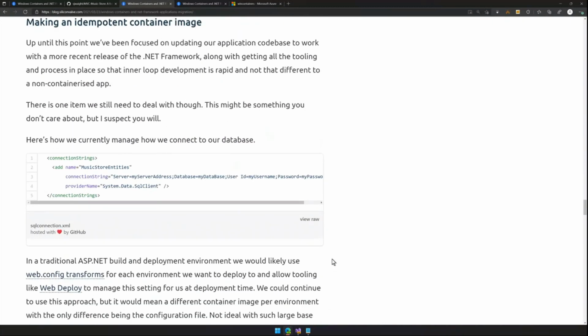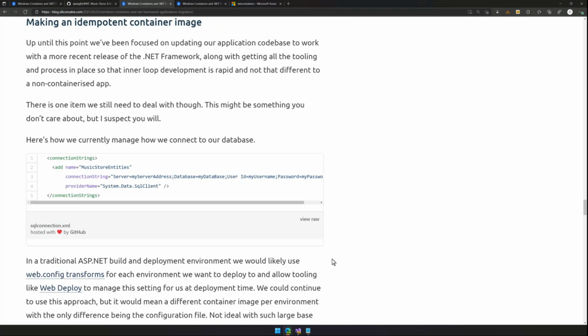The next thing I want to talk about is making an idempotent container image. In a traditional .NET application, and particularly an ASP.NET application, when we deploy it, we can use Web Deploy to do a deployment-time configuration file switch.